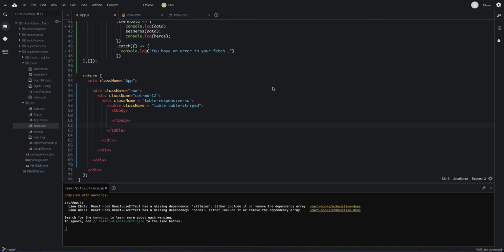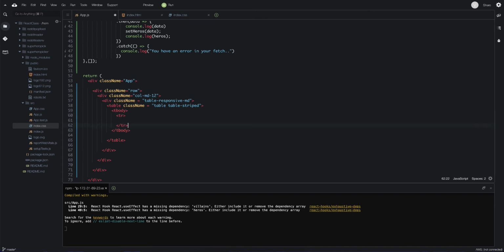One of the things we want to think about is how we would like to render this data out. In this case, I imagine us having two rows. One row for heroes and the other row for villains. And so subsequently, we can say that we might have two rows,